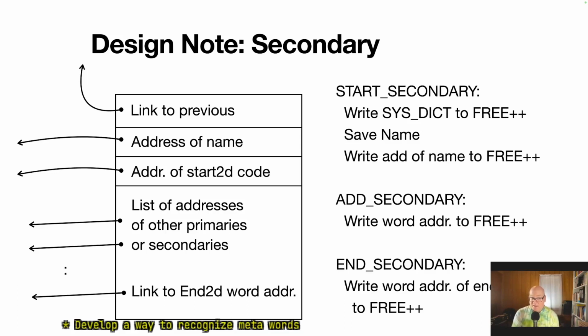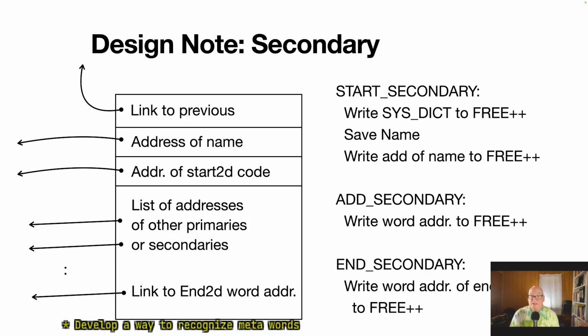So compiling then is pretty simple. I mean, it's about as simple as you could get and still think it's compiling. So I'm imagining some sort of start secondary that when we see a colon which defines things is going to have to go to the next word and say, what's the next word I'm going to parse? That's the name of the word being defined. And its job is create the first part of the header. So it's going to write